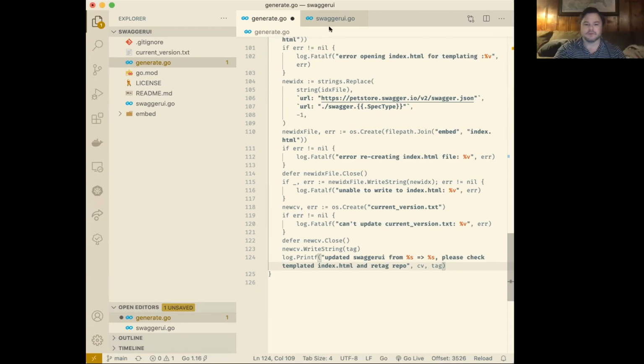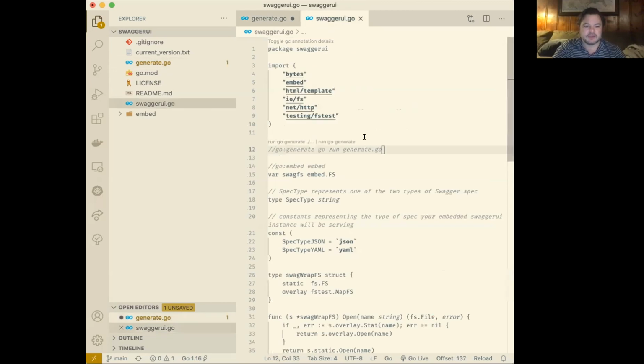Okay, that's fun, cool. So then in our single actual Go file of the package, we have that Go Generate directive, which Visual Studio Code is very kind enough to give me an automatic generate deal for. And this is where we get into embed. All right, so the new file system